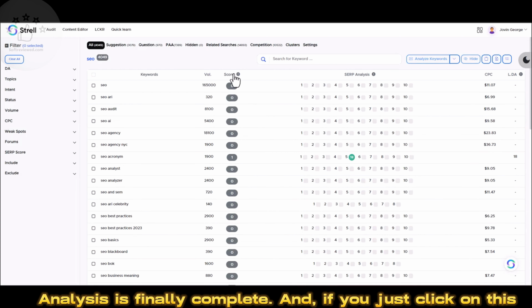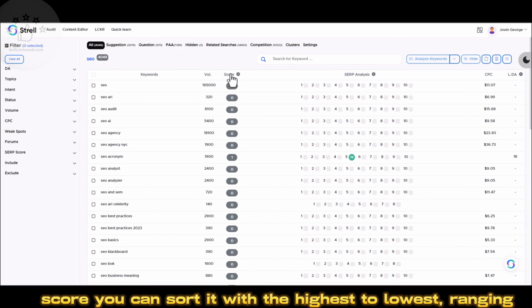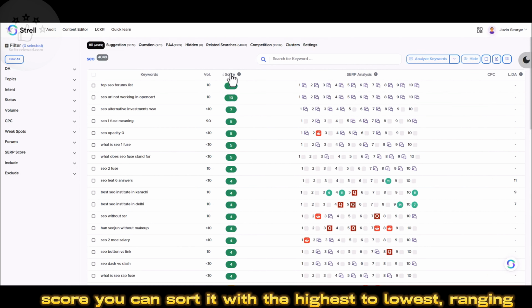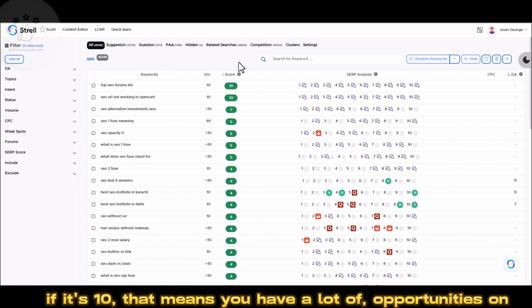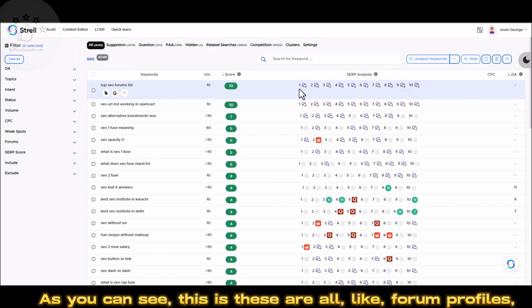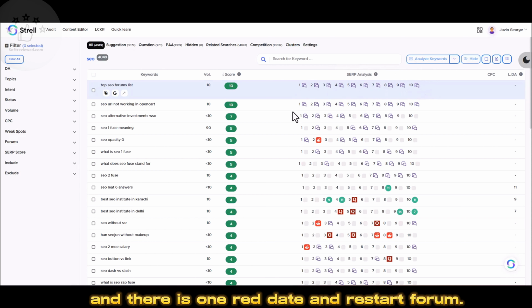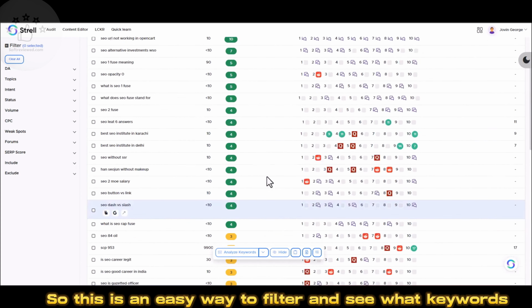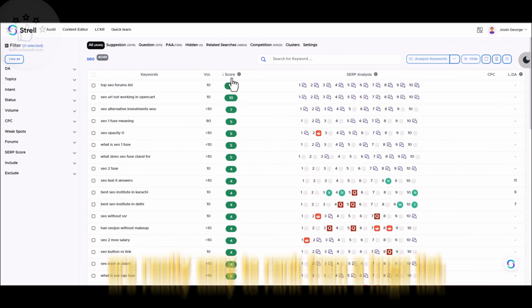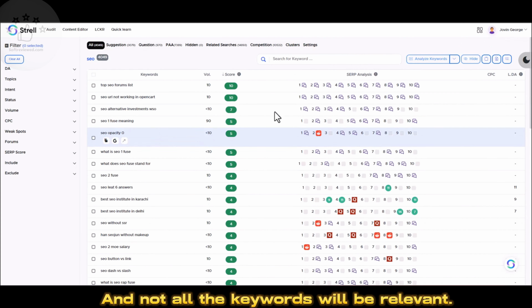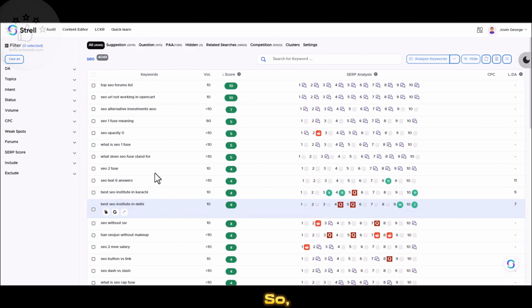Analysis is finally complete, and if you just click on this score, you can sort it from highest to lowest, ranging from 1 to 10. If it's 10, that means you have a lot of opportunities on the first page. As you can see, these are all forum profiles, and there is one Reddit and the rest are forum. So this is an easy way to filter and see what keywords are really easy to rank from a huge list. And not all the keywords will be relevant, so